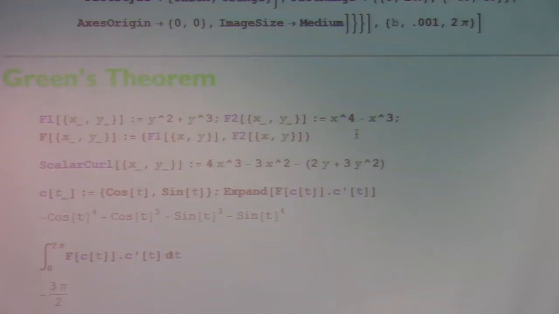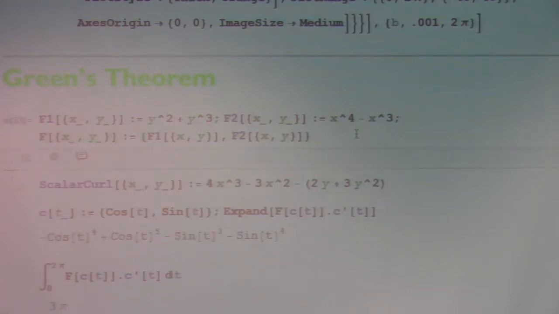All right. Still want to focus on Green's theorem for a bit here. So again, here is the vector field. Same vector field as from Wednesday, and